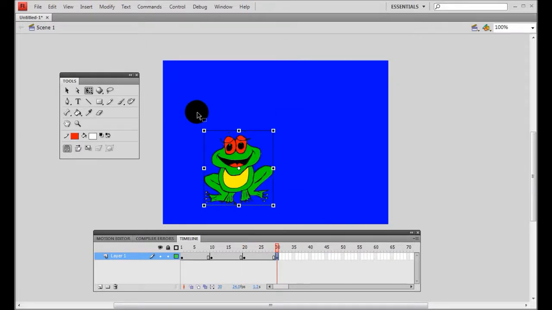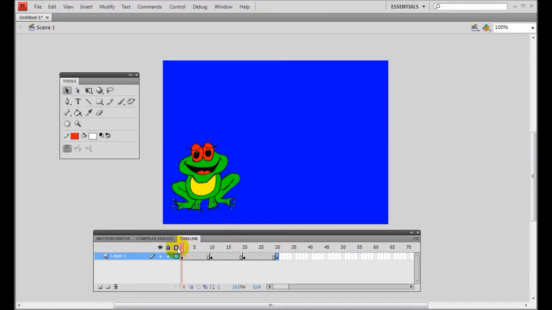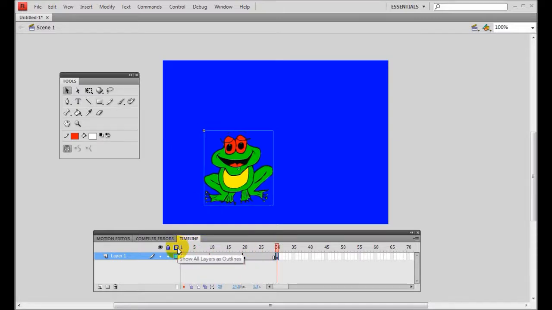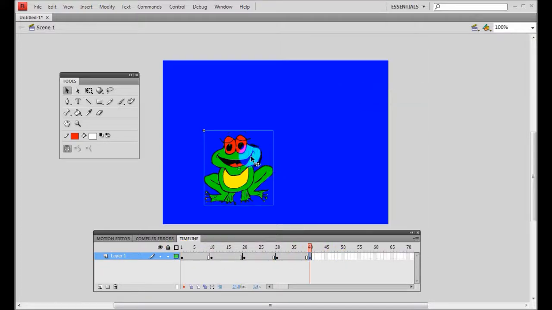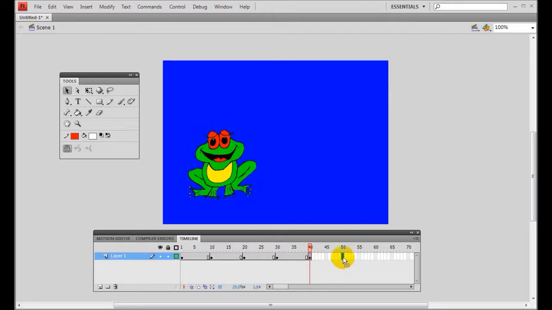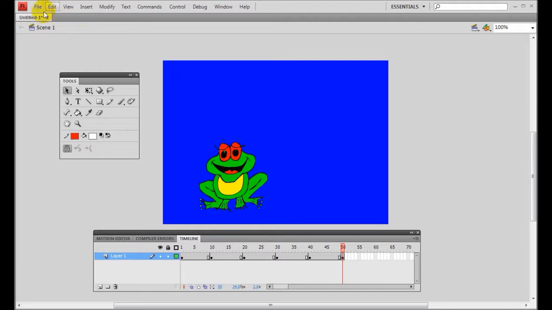And remember, in Flash, a keyframe simply means a frame where there is a change in that frame. And now you can play the movie. And now the frog, it appears that it can move. And if you insert more keyframes to it, then it will have more movement. And so you can now save